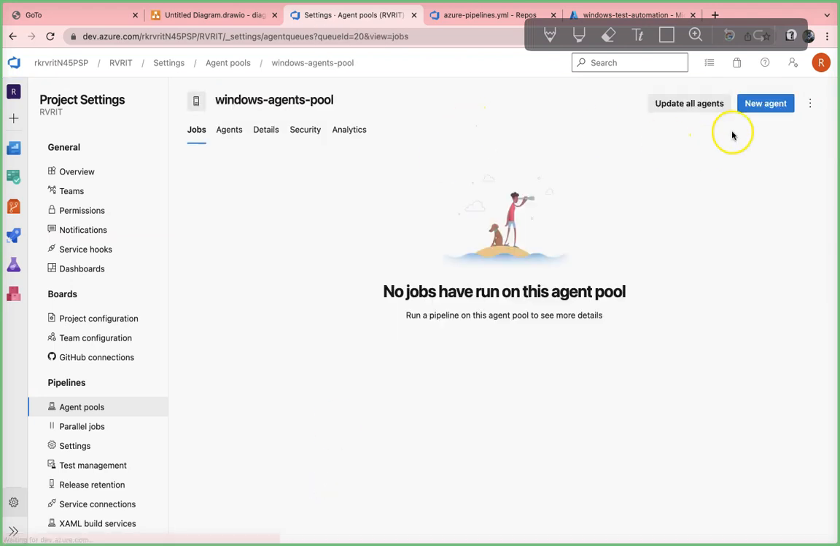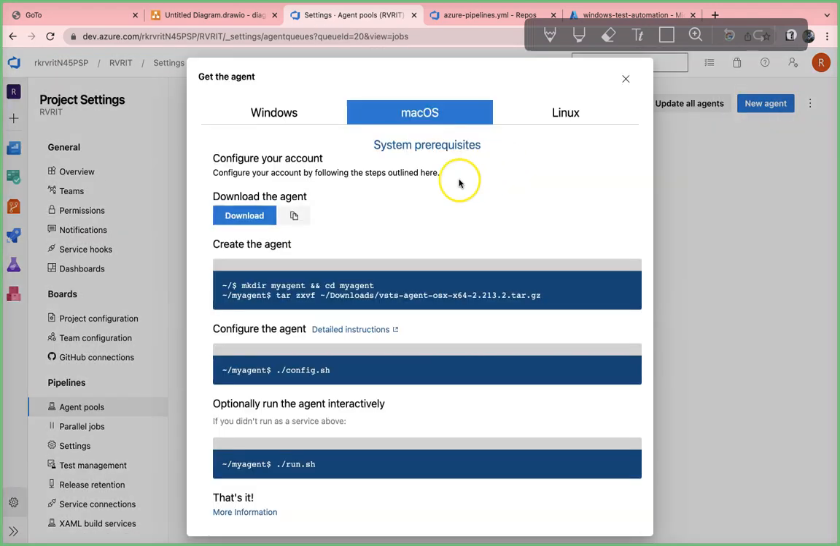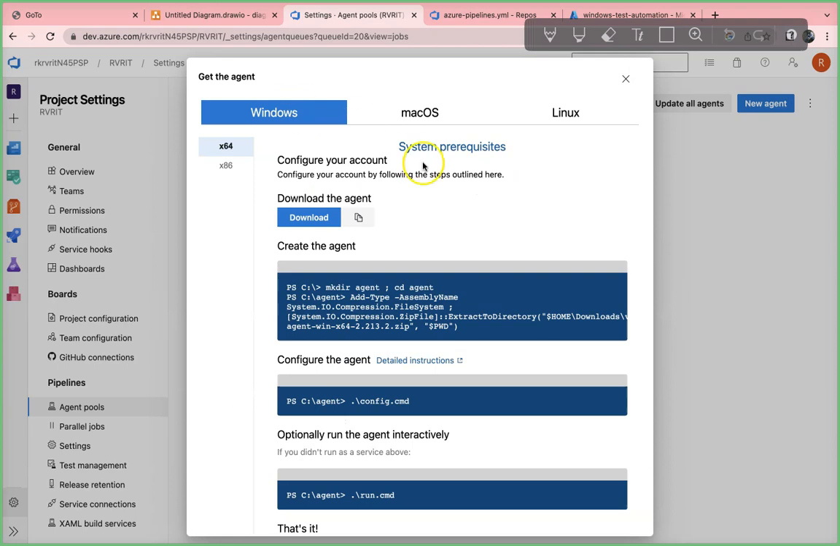Just open this one. Click new agent. Once you click on new agent, go for the Windows. Now copy this one. Just copy the link. Whatever link is available here, just copy the link. Once this link is copied, you just